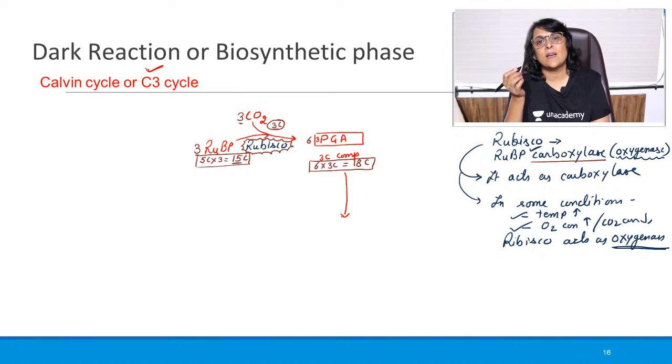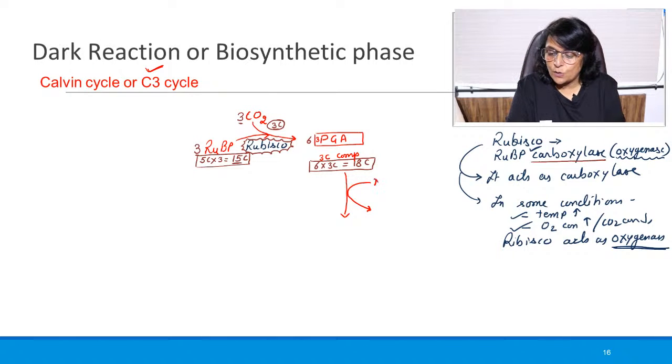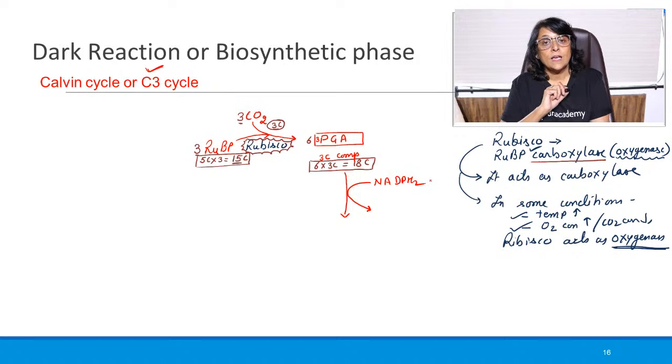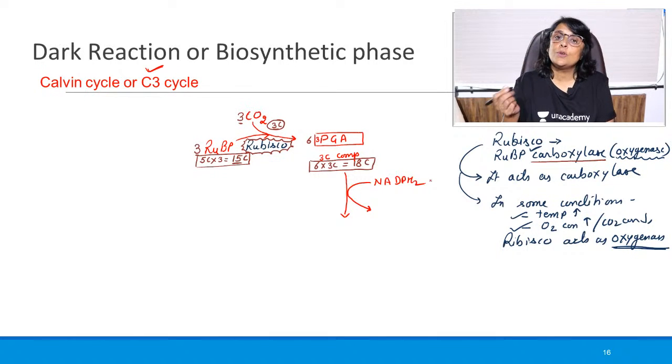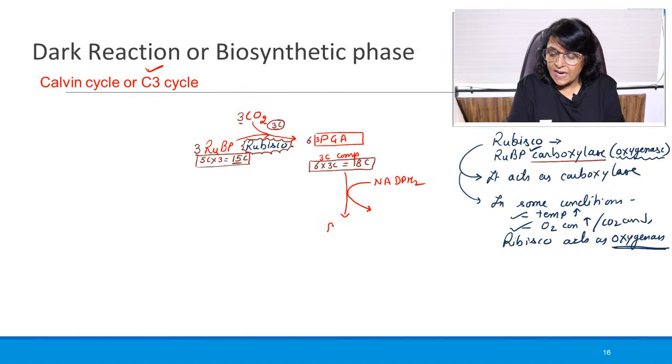Something is going to get oxidized and something is going to get reduced. Here we would need the reducing power, because it's a redox reaction. And where is that reducing power? The reducing power was synthesized in light reaction, and that was NADPH2. So now NADPH2 is going to give that hydrogen. It is going to reduce something. So what is that thing which is going to be reduced? That is PGA, and PGA gets reduced into